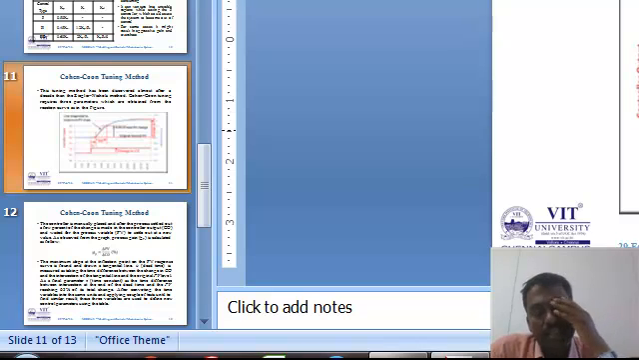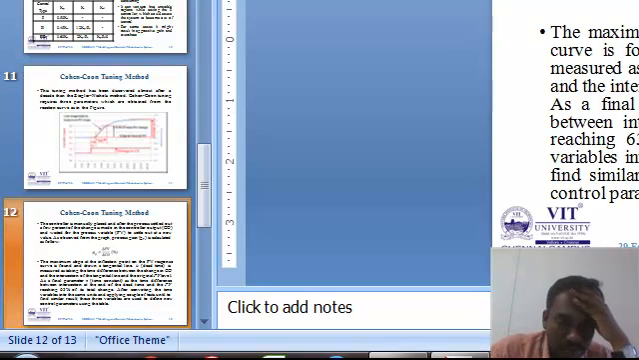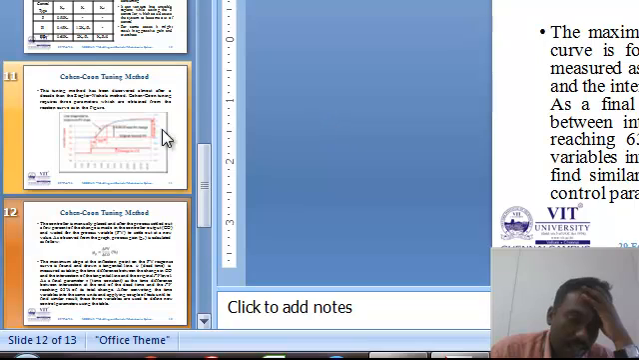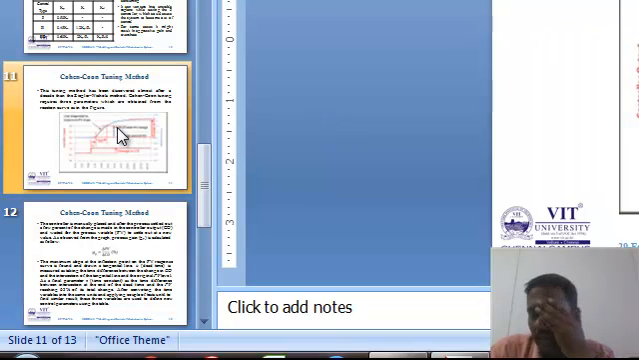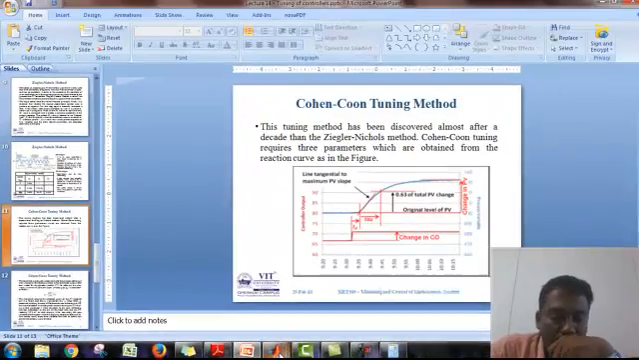Okay, that is called the process gain. Once you know GP, TD, and tau, then you are able to propose the controllers. So for that, what happens,